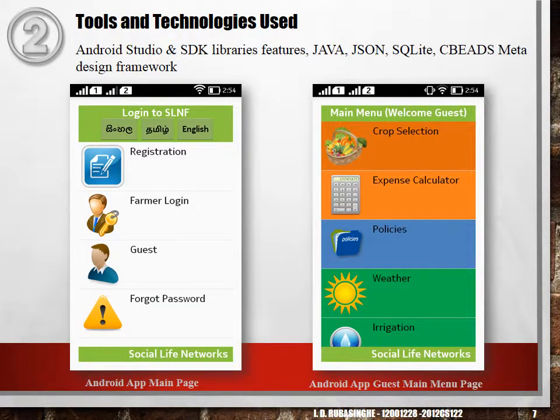On the left side you can see the main activity, or the main page, I developed. Once you click on the third menu item, the guest menu item, you are navigated to the right-hand side activity, which is called the guest main menu. Here the tools and technologies I had to touch are Android Studio, SDK, Java, JSON, SQLite, CHEADS Meta Design Framework,